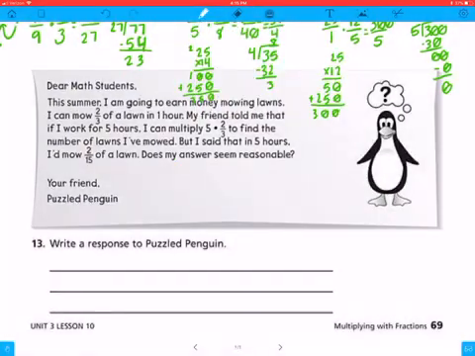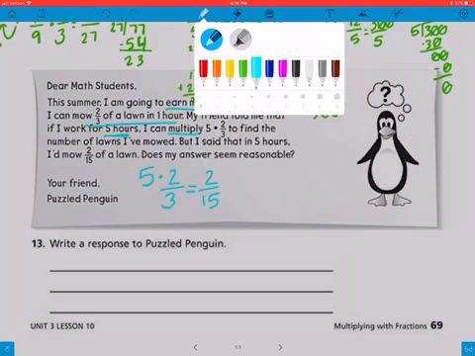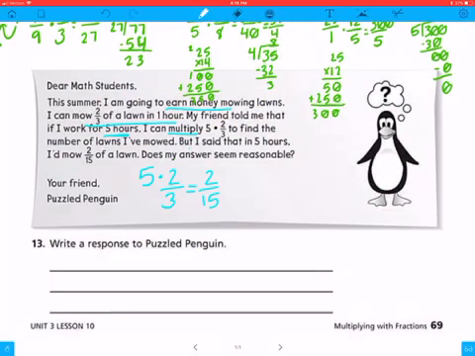Dear math students, this summer I am going to earn money mowing lawns. I can mow 2/3 of a lawn in 1 hour. My friend told me that if I work for 5 hours, I can multiply 5 by 2/3 to find the number of lawns I've mowed. But I said that in 5 hours, I'd mow 2/15 of a lawn. Does my answer seem reasonable? Your friend, Puzzled Penguin. Questions phrased with "seem reasonable" are pretty common when you take the SBA, so let's